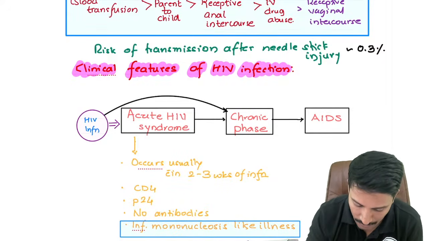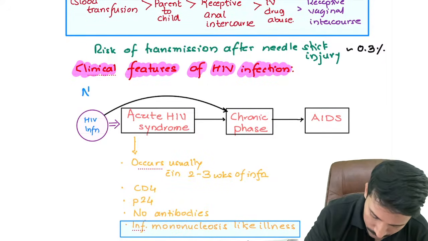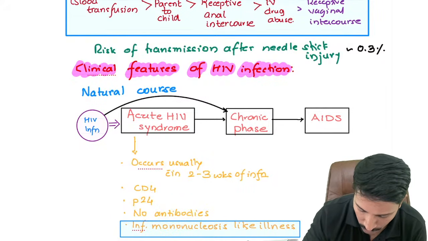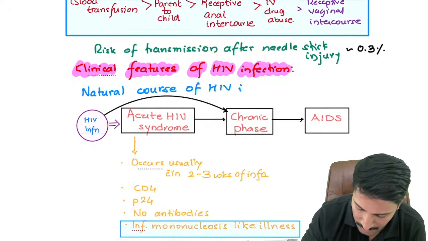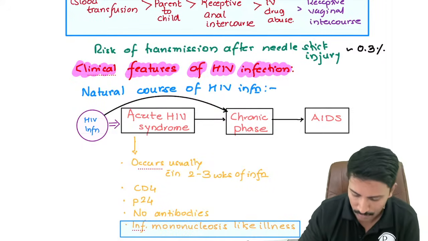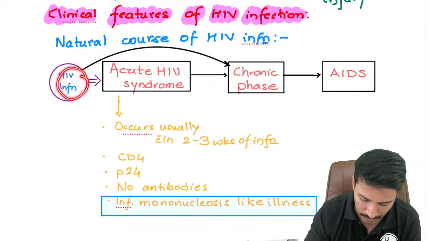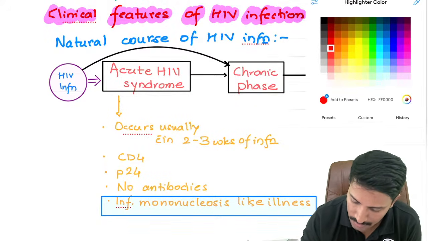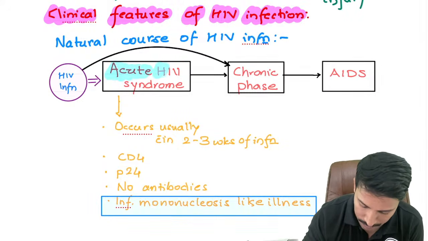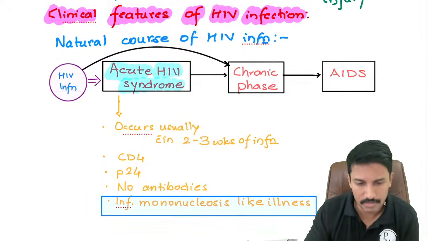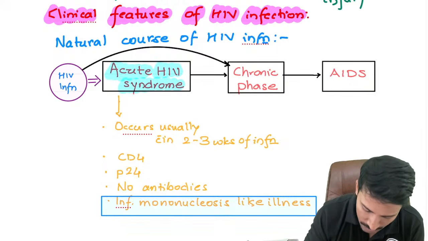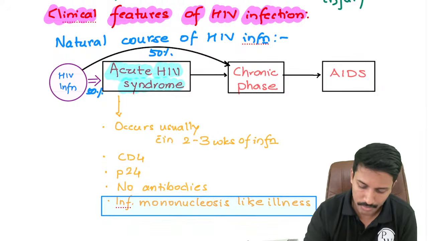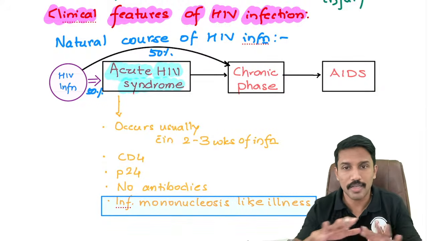So we will understand the natural course of HIV infection, how HIV infection progresses. Once there is an HIV infection, whatever is the route of acquisition, around 50% of the people develop something called acute HIV syndrome. Around 50%, not everyone. If there are 100 people infected with HIV, maybe around 50 develop acute HIV syndrome, and 50% do not develop any acute